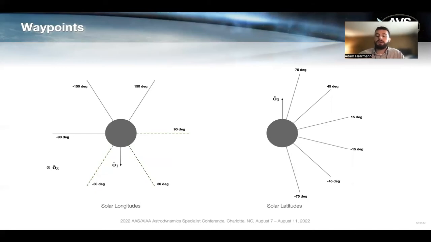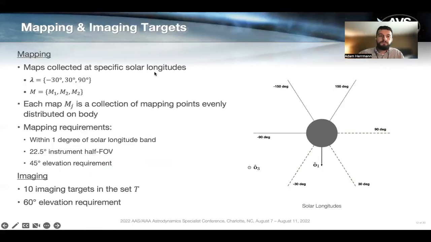And the spacecraft, kind of different from the detailed survey phase, instead of just maneuvering from north to south or south to north, we have some intermediate waypoints, some intermediate solar latitudes. The spacecraft can do science at any of these, instead of just constraining it to a very narrow band that lasts only a few hours.